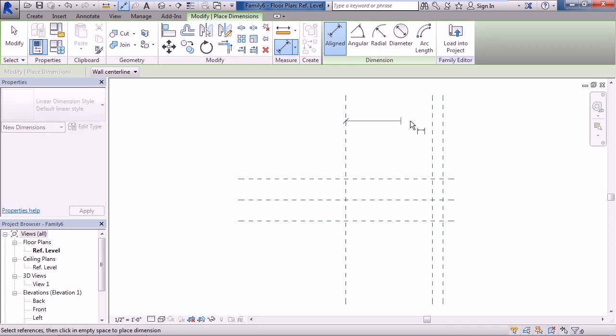I'll click the vertical one on the left and click the middle one toward the right. And then place the dimension somewhere on your screen. Then start a new dimension, click that second vertical reference line and click the third one and place a dimension